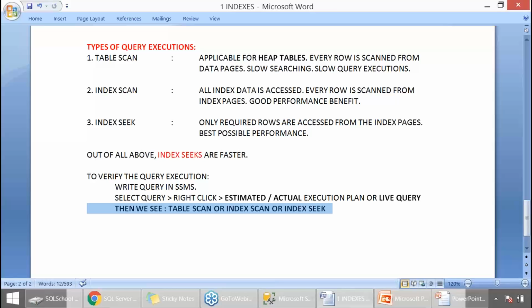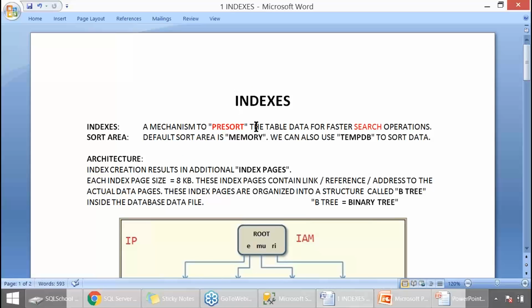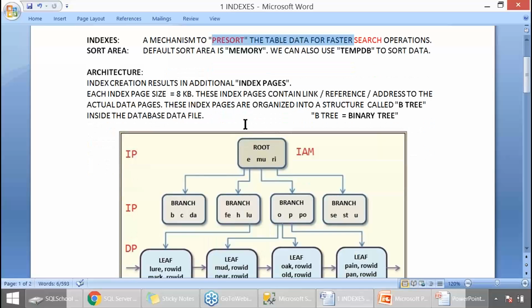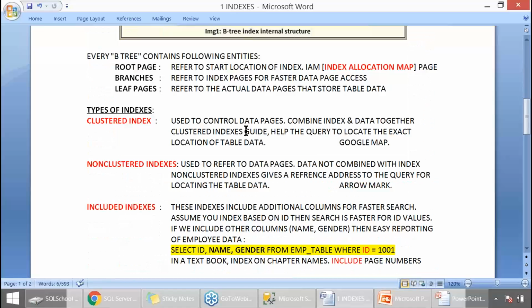Come on, let's understand now how to do these activities. A simple and straightforward process. I repeat once again. Indexes are a mechanism to pre-sort the data. Faster search activities.